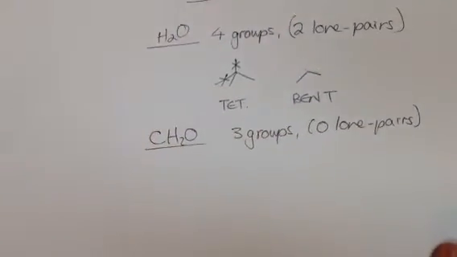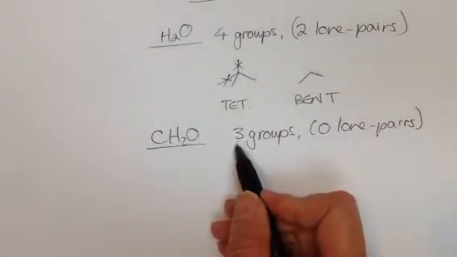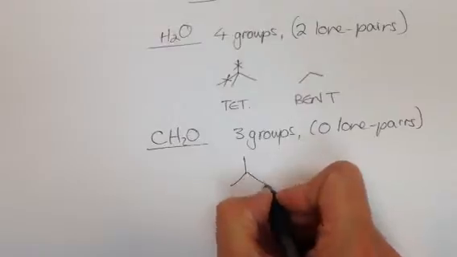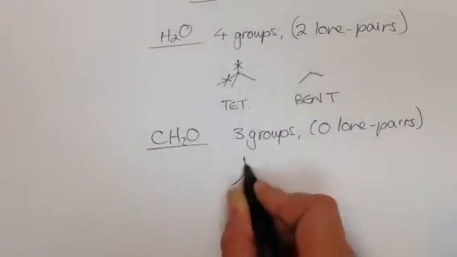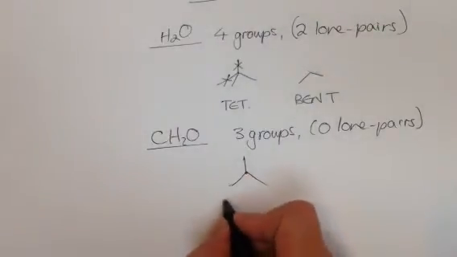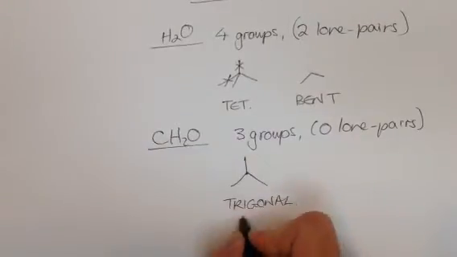Okay. So to get the electron pair geometry, we have to think, how would 3 groups of negative charge arrange themselves to be as far apart as possible? And it will be in that shape. Here's our central atom, and the 3 groups, the maximum distance those 3 groups could be apart is in this geometry, which we call trigonal planar,